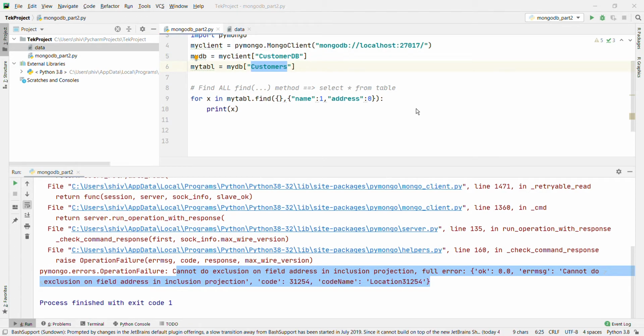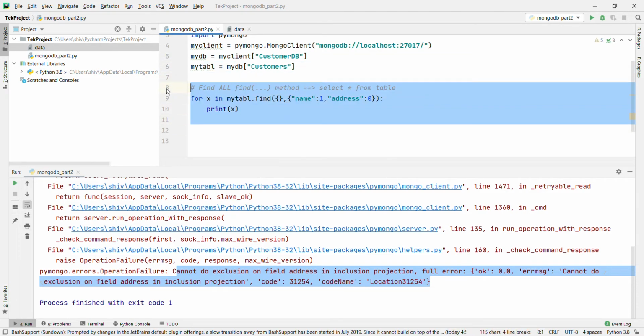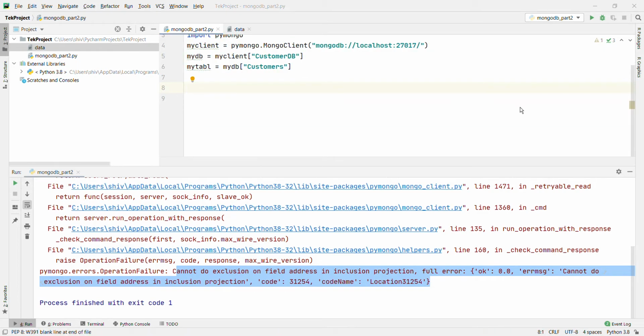Now we are going to see how to fire a query on a particular table. Basically we are going to filter the results. Let's remove this one. When finding documents in a collection, you can filter the result by using a query object. The first argument of the find method is a query object and is used to limit the search. In other databases like SQL, Oracle or MySQL, we use a where clause. I am going to show how to do the same in MongoDB with Python.